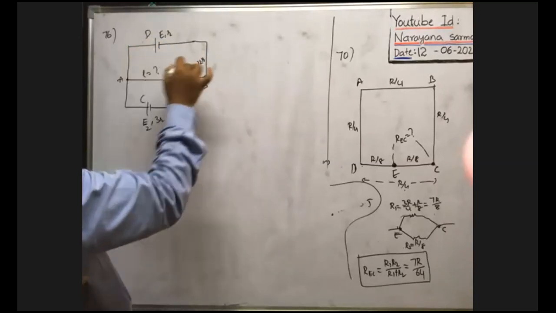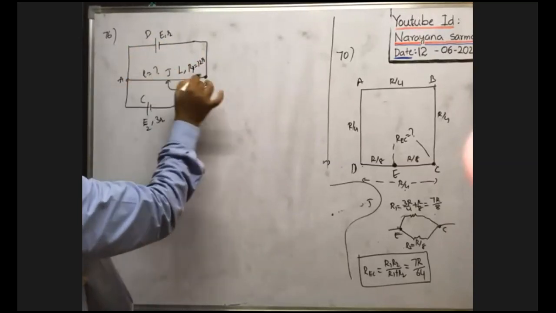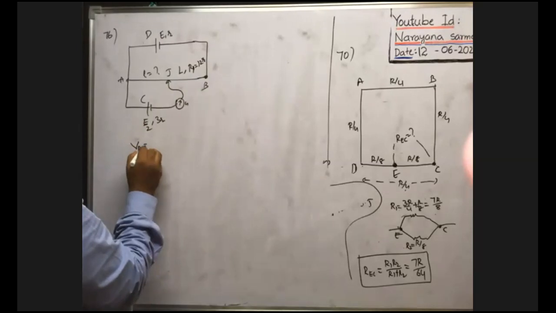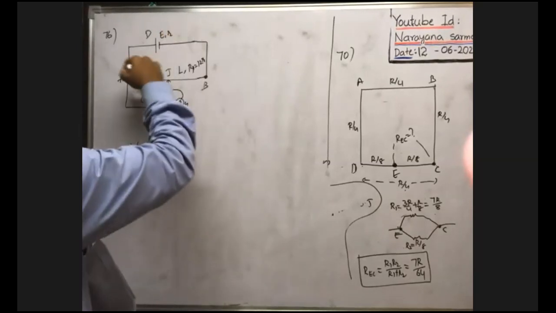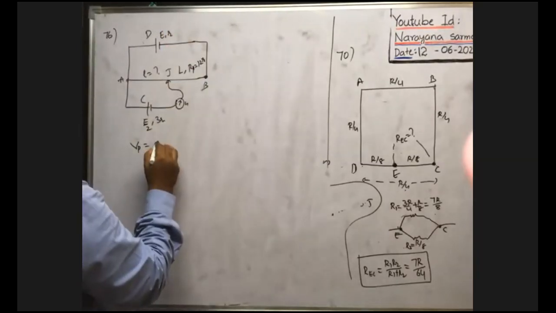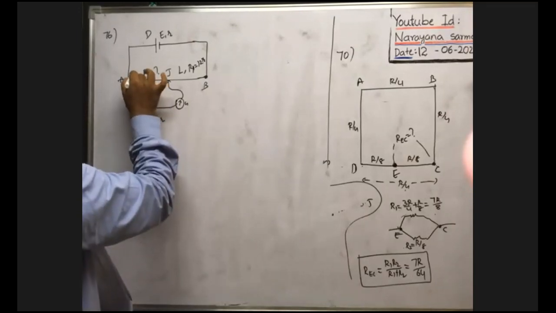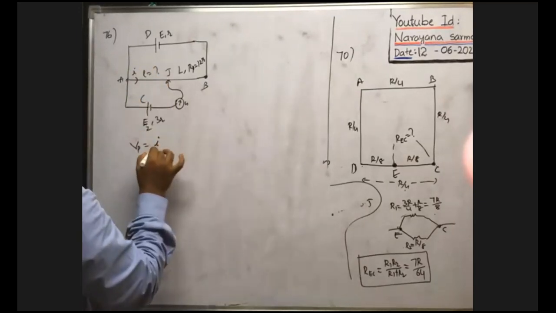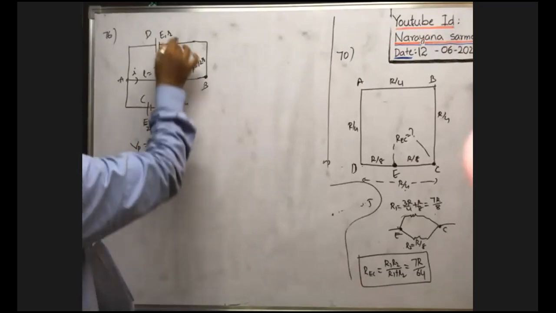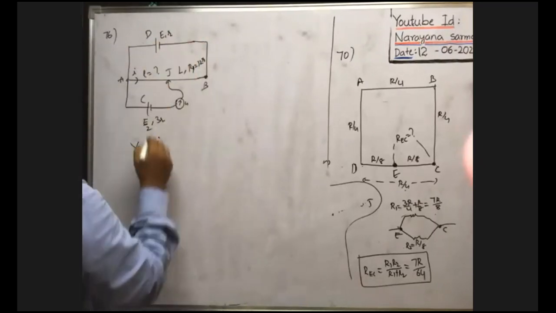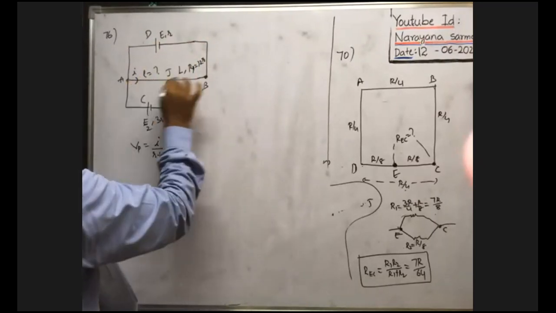In this closed circuit, what is the potential drop across the potentiometer wire? The potential drop across the potentiometer wire is equal to the current passing through it, say I, times its resistance. The current is I, which is the EMF divided by the total resistance in the circuit: internal resistance r plus the resistance of the potentiometer wire Rp.